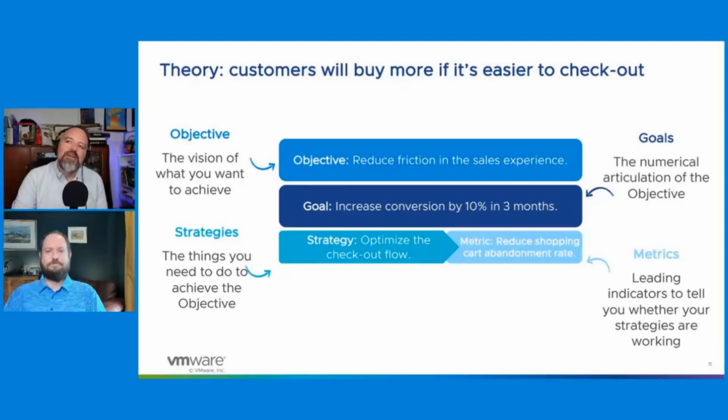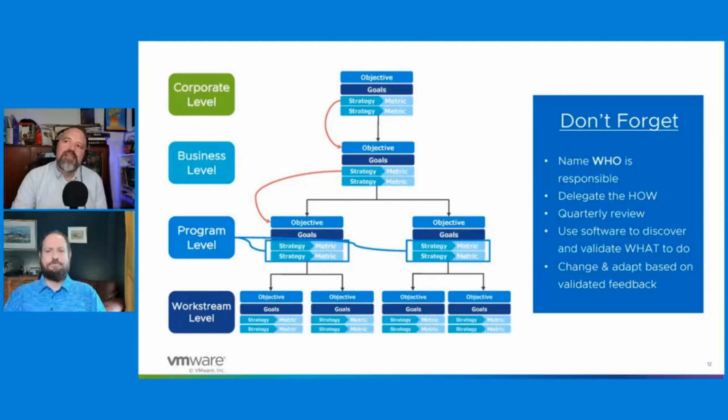So, just to summarize things, you can see how the strategy becomes the objective. It decomposes into various layers, and then, just before Brian gives his experience with OGSM and this kind of stuff,